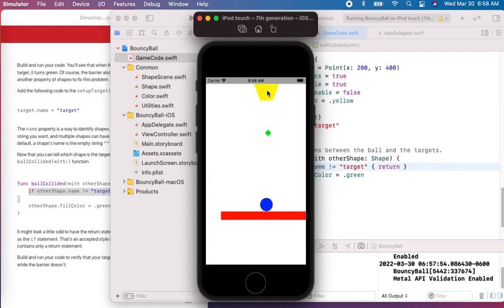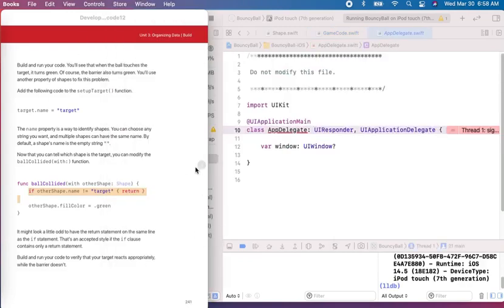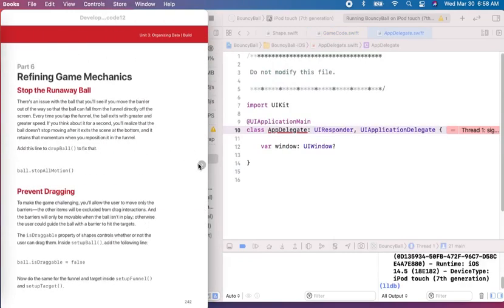And you can see that now our target, when the ball hits it, changes from yellow to green. And we will continue on with part 6 in